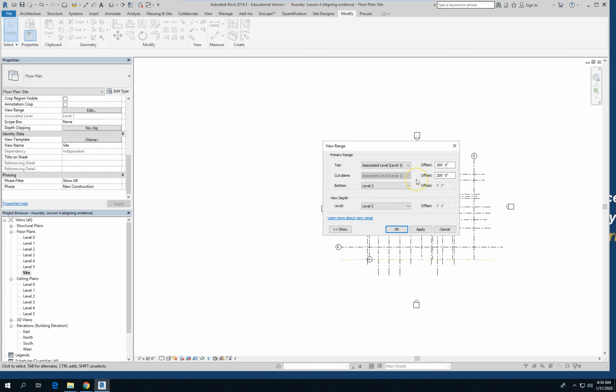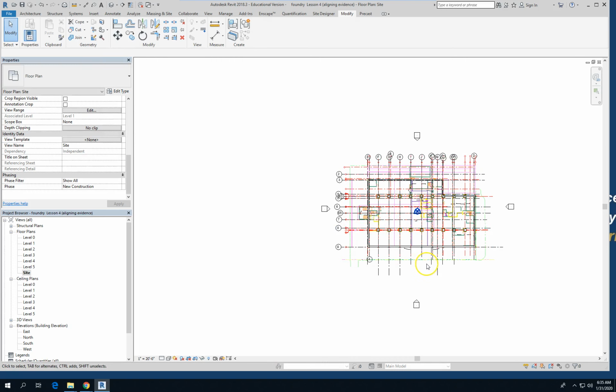Top is level 1, bottom level 2. Don't know why that should be. Let's just go unlimited. Okay. It may be because we created an elevation and labeled it 1, and it dropped below grade. Anyway,